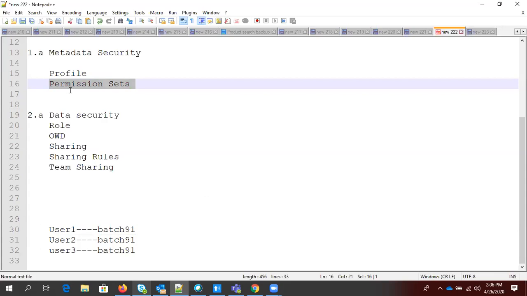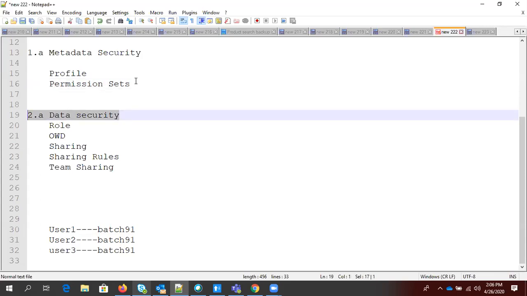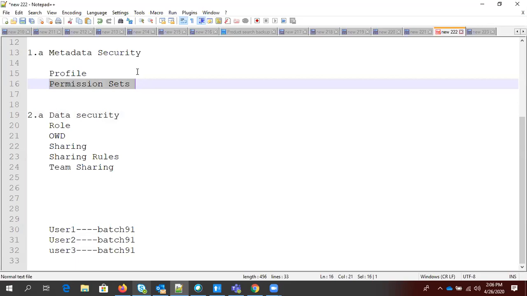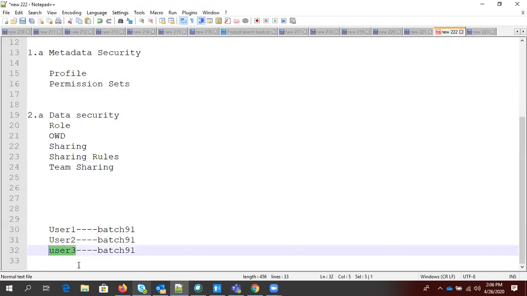Yeah. So we have a thing called permission set, right? It is just like profile, right? But it has blank permission for all, matlab no access for all the things. All the entities we have in Salesforce, it has no permission. So you can tick one checkbox for a particular permission that you want to give using the permission set, and you can assign that permission set to user 3. It can be directly assigned to a user. So user 3 has now two access.